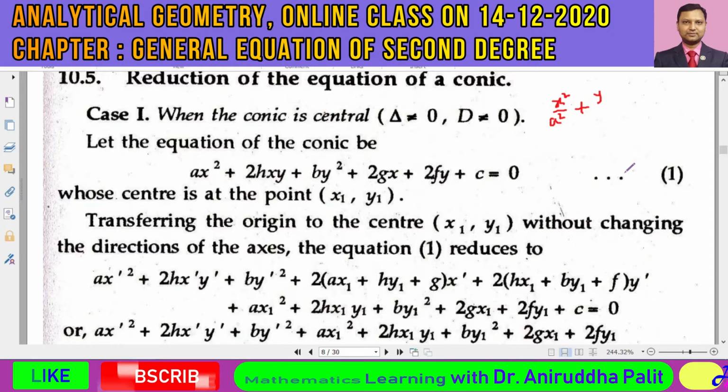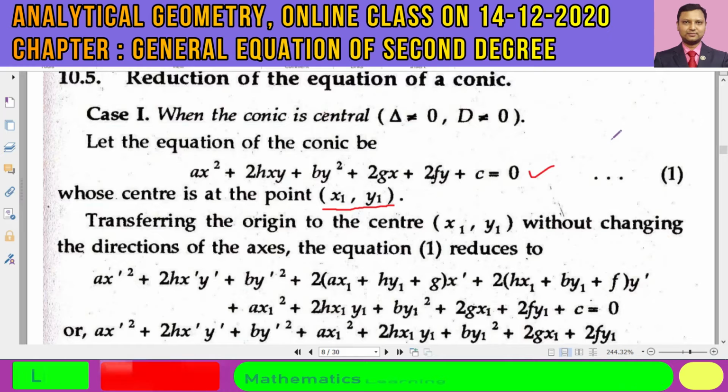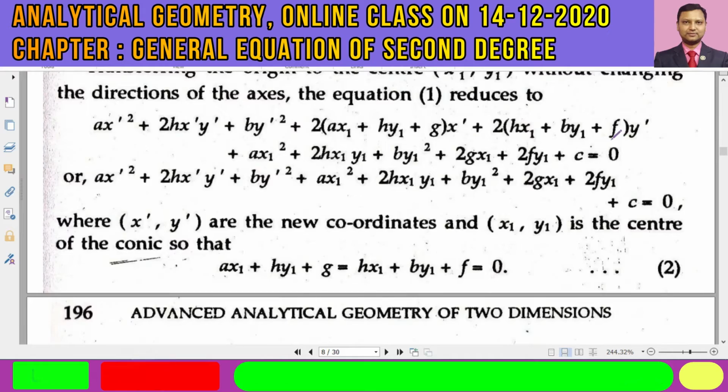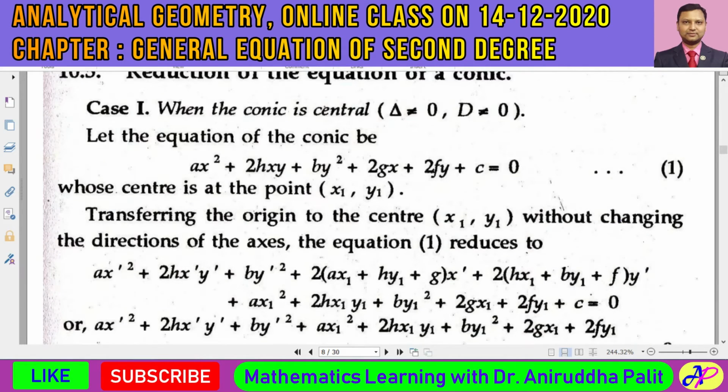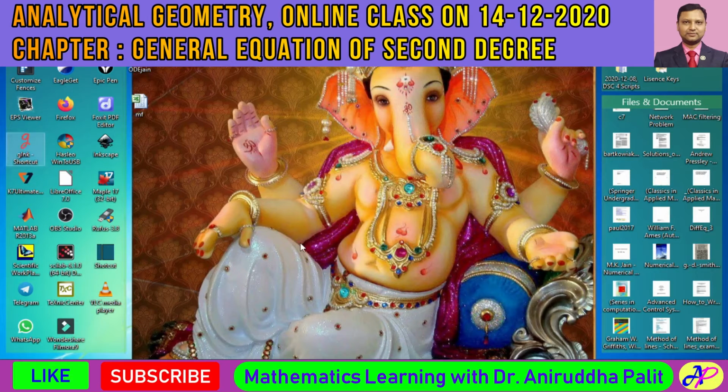And now I am going to show how we can compute the coordinates of the center. We already have two formulas for finding the coordinates, and after computing them, how can we convert this given equation number 1 into its standard form. So let's draw a picture for you, hopefully by this software.